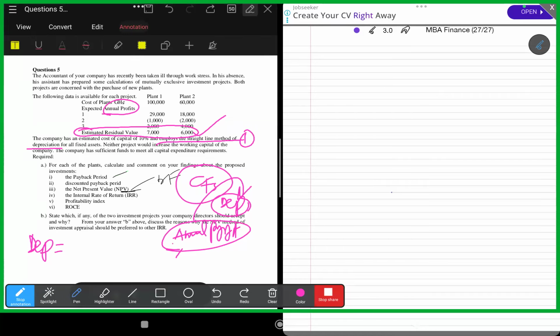So here in this question, one is an annual profit. Two, there's an estimated residual value. Three, it has mentioned depreciation. So it means we have to go and calculate depreciation for each of the plants. Are you good? Yeah. So assuming the question gave annual profits, gave estimated residual value, and never mentioned anything on depreciation, so long as we have annual profits and estimated residual value, we can go and calculate depreciation, regardless of whether it mentioned it or not. Are we okay? Yeah. So the first thing we have to do to solve this is